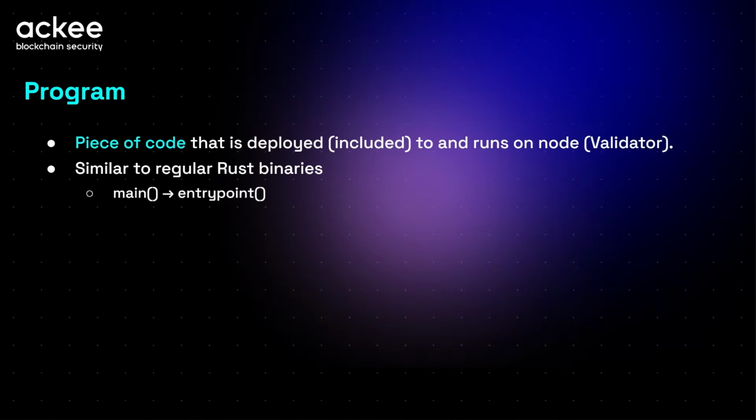The Solana programs are similar to regular Rust binaries. As you could see in the previous lesson, we were discussing Rust source code, and the Rust source code contains, for example, a main function, which is like the entry point to the program. The behavior is similar on the Solana blockchain, but there it is not called the main function, it is called the entry point. So if you specify your Solana program in such a way that it supports multiple instructions,